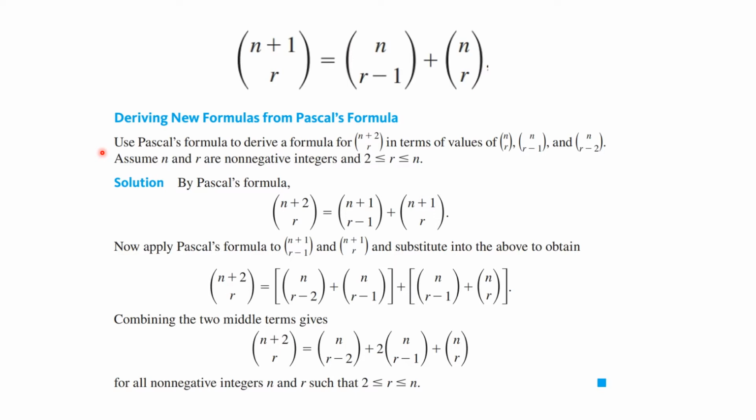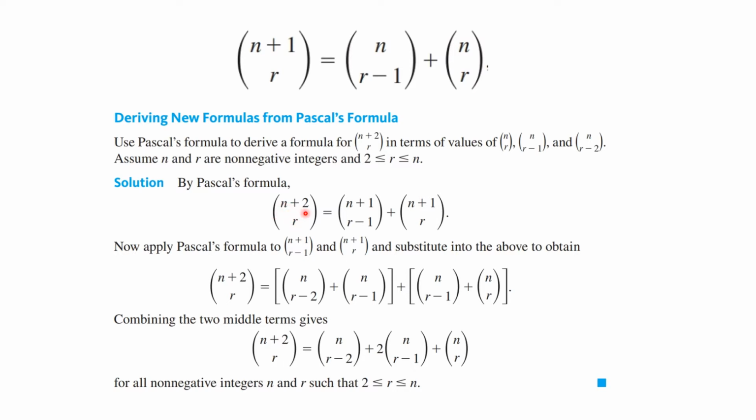This exercise says use Pascal's formula to derive a formula for n plus 2 choose r in terms of n choose r, n choose r minus 1, and n choose r minus 2. Of course, for this to make sense, we have to have r between 2 and n inclusive. So let's begin. By Pascal's formula, now applying it to n plus 2 and r,